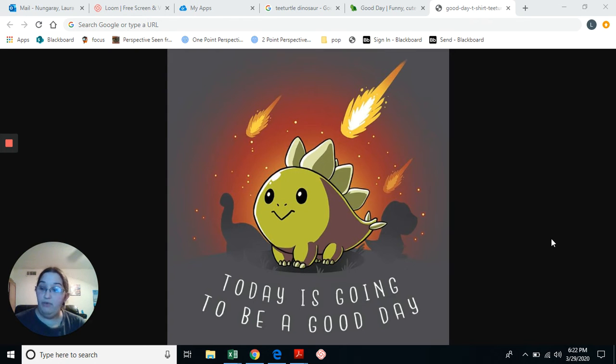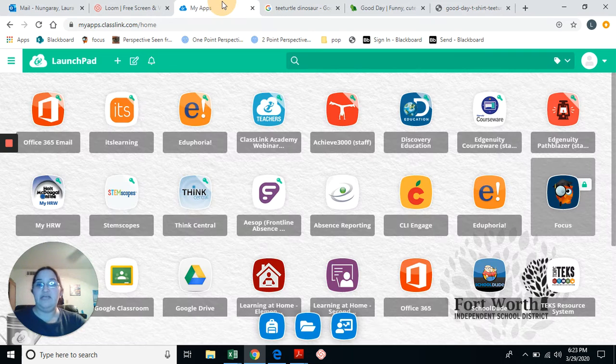Now, at this point, you should have been able to access fortworthisd.org, change your password, all of that stuff. Making that assumption, your dashboard should end up looking like this. What I need you to do is go ahead and click your little button down here. It's going to look kind of like a little backpack. Mine is obviously going to look very different from yours. Mine is the teacher version, so it's full of all sorts of different things, but the basics should be about